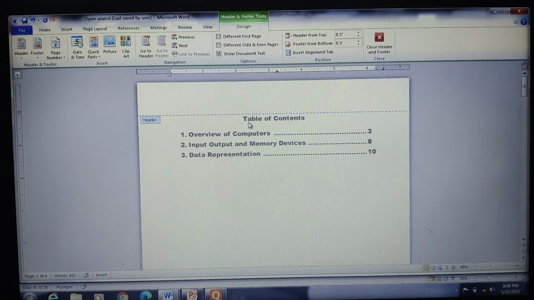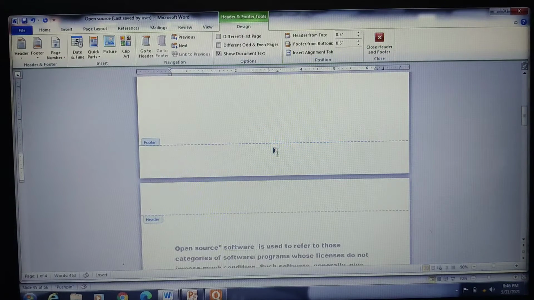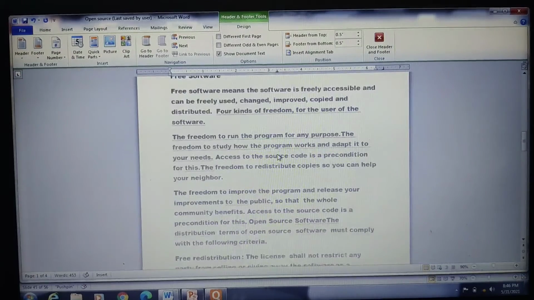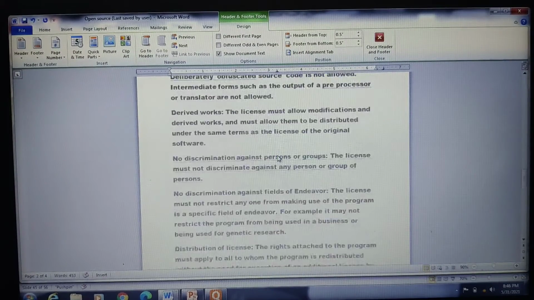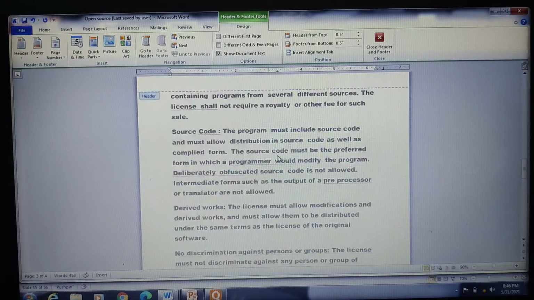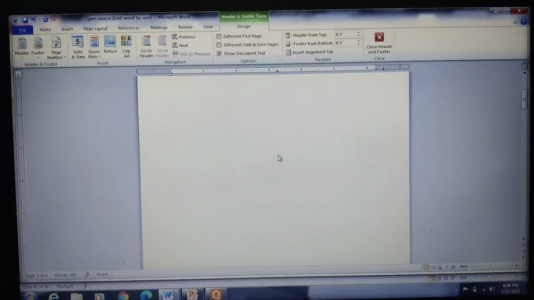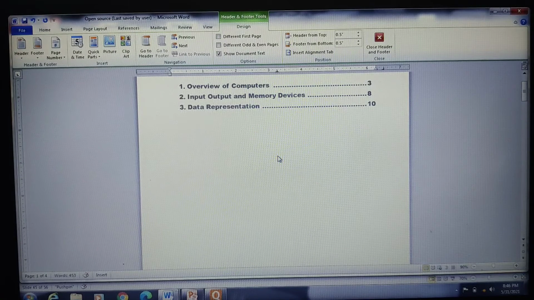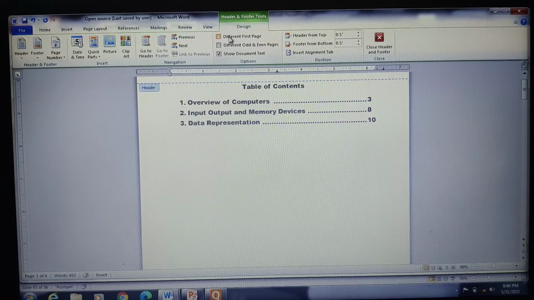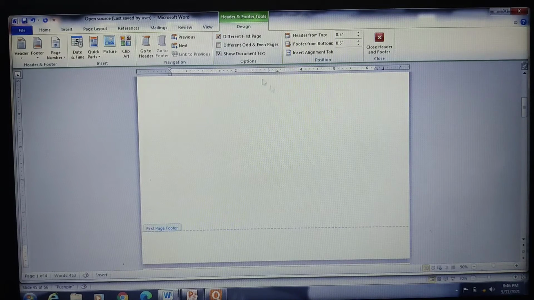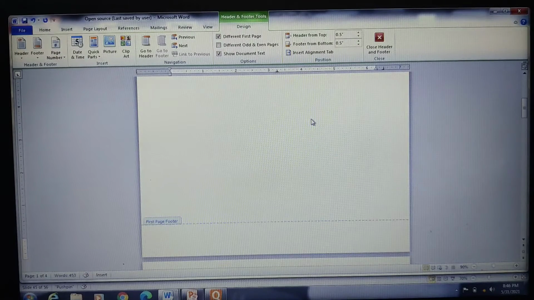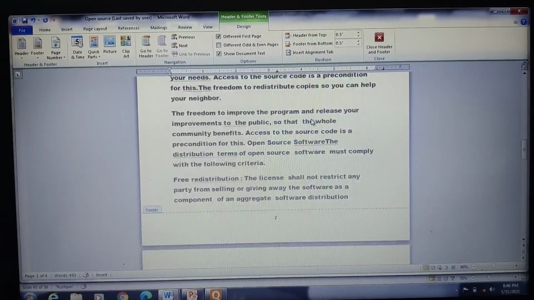If you observe, we directly get into the header and the footer. At the bottom of the table of contents page, I got the page number 1, and the next page has page number 2, followed by page numbers 3 and 4. Now usually the table of contents shouldn't get page number 1. Then what should I do? Click on the option here, different first page. If you observe, the table of contents will not have its page number, but the next page is taking number 2, when actually it should start from 1.